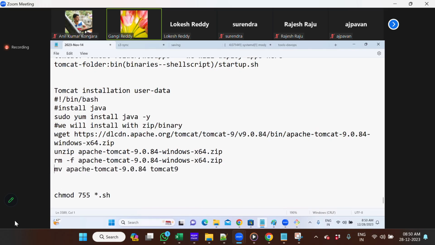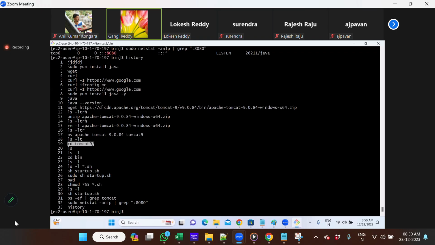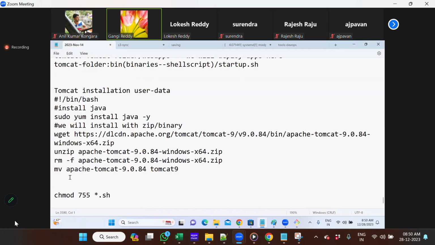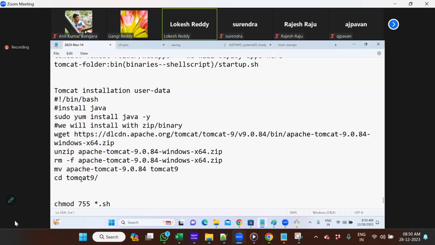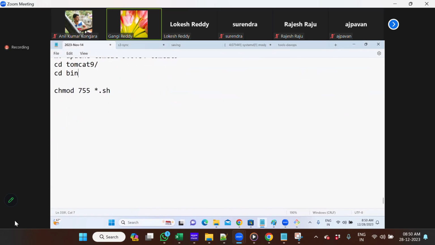After that, I went inside, cd tomcat. Then I went one more folder, cd. Please bear with me. That's okay. Change the permissions. And then we ran a command called